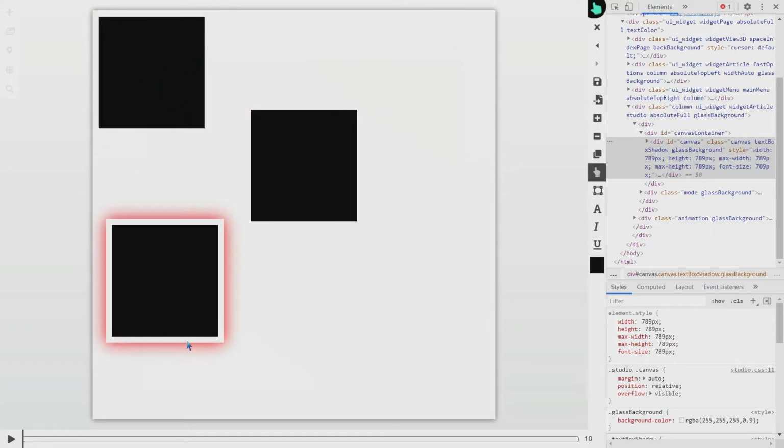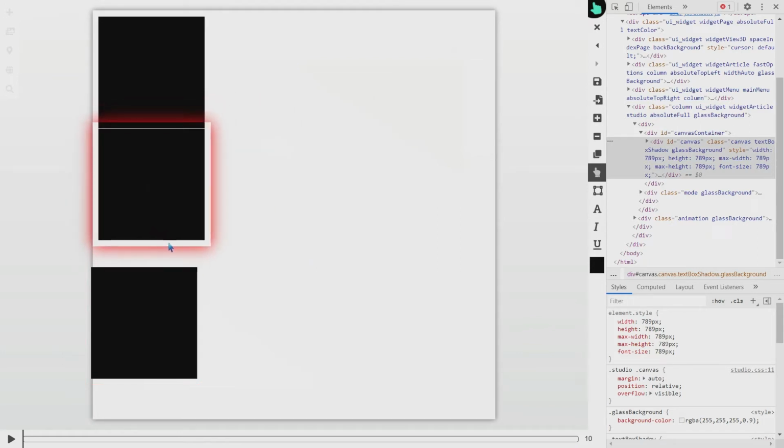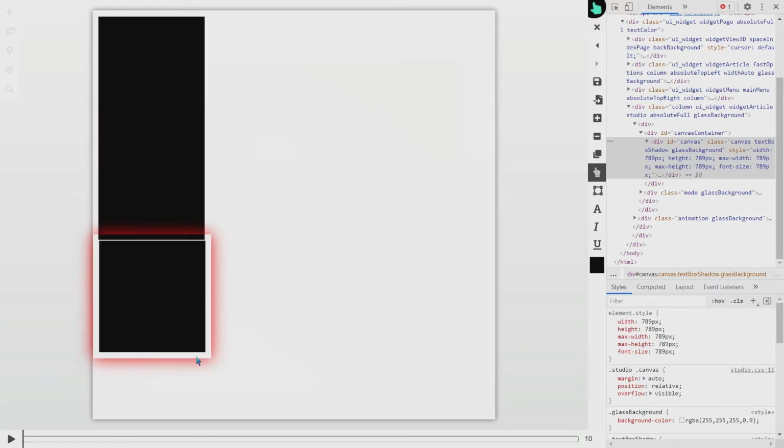And I'll order them for the animation start because I want a certain starting state. I want them to look like one element. Okay. So this is our initial state of the animation,